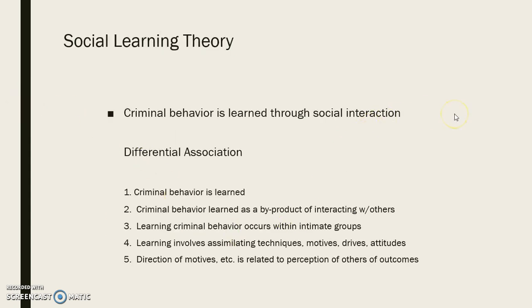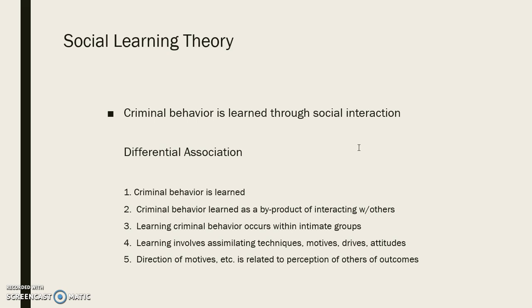The first one is social learning theory, and this is a very popular theory that is used to explain a lot of delinquency, where it is argued that criminal behavior is learned through social interaction. One aspect of that is differential association. That is, we tend to differentially associate with people who are like us or with people who give us something in return for our participation in the group, whether it's a boost to our self-esteem, a sense of belonging, or maybe a way, for example, to gain credibility or legitimacy.